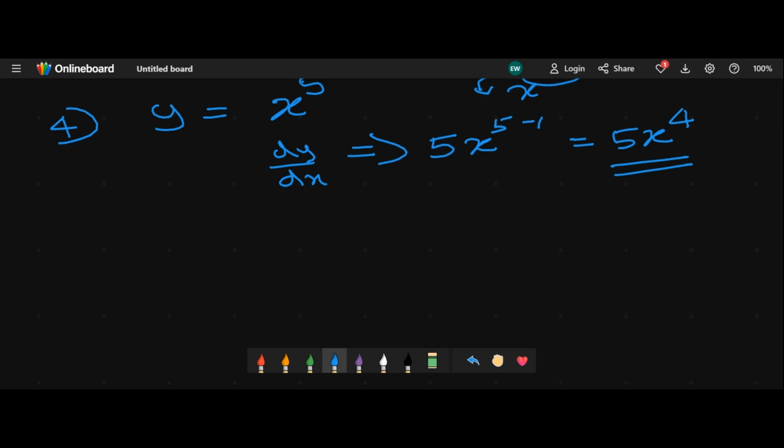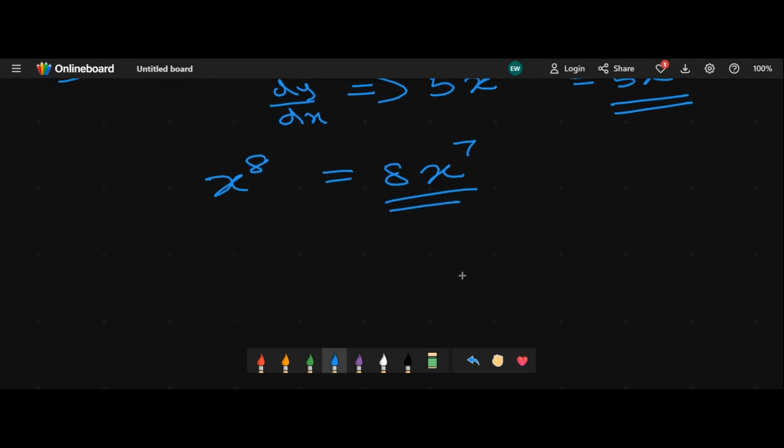So another example would be, let's say x to the power 8. Simple. Bring the 8 in front, so 8x. Then subtract 1 from it, so it will be 7. This is the answer. A place where students make a mistake is, let's say, x to the power